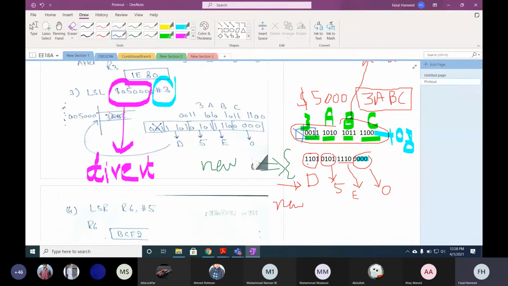Am I right or not? Yes sir. Okay, so if you look from another position, it means that the new data is now 1101, 1101 in the bottom. Right? Yes sir. So the next one is 0101, 01, 110101, 01. So this is 5. Am I right? The next data is... Yes, yes, sir.